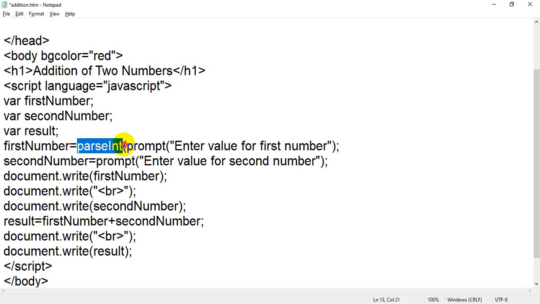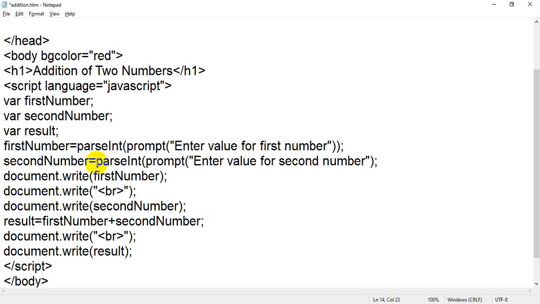So I will write opening bracket, this is my opening bracket, and at the end I will write closing bracket of parseInt. In the same way here I will put parseInt and my opening bracket of parseInt, and at the end I will write closing bracket of parseInt.